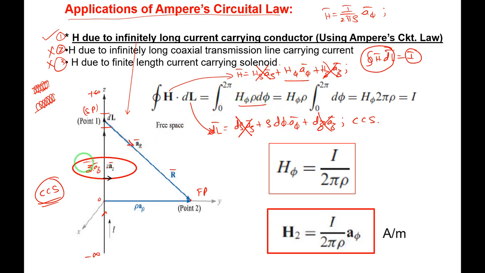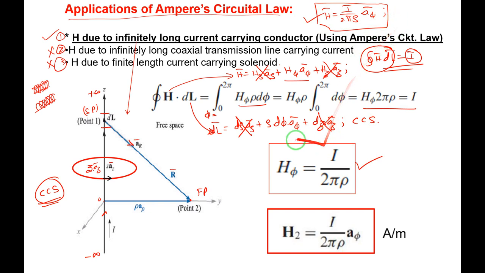But phi is varying in 360 degrees, 0 to 2 pi, right? This is the direction of phi. Phi is equal to 0 to 2 pi. So h phi and rho are taken out. Integrating from 0 to 2 pi over phi, we will get 2 pi, so 2 pi rho into h phi. The closed line integral of H dot dl is equal to h phi into 2 pi rho. But it is equal to I, because by Ampere circuital law we can equate it to I. So h phi into 2 pi rho equals I. So what about h phi? H phi is equal to I divided by 2 pi rho. We got it, right? H vector is equal to I by 2 pi rho into a phi.